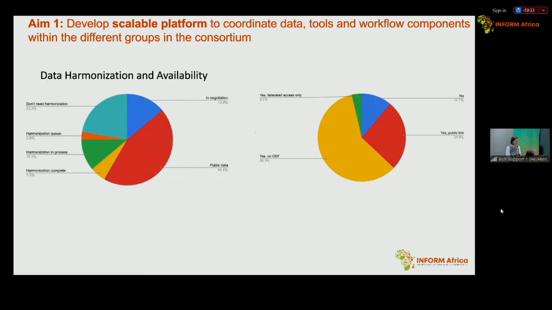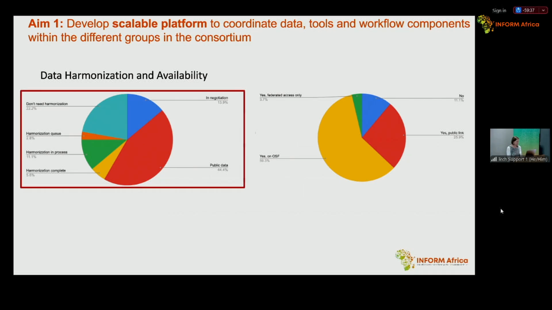And then in terms of the harmonization and availability, these databases come in. Some need some form of harmonization across them because they are derived from multiple different sources. So the harmonization talks to trying to make the databases shareable and have similar variables. So in terms of the harmonization,